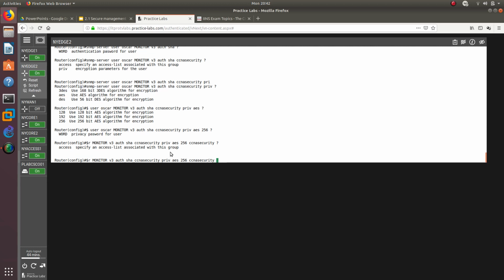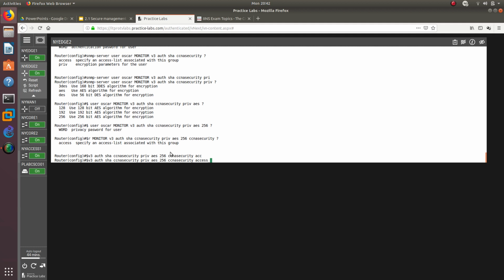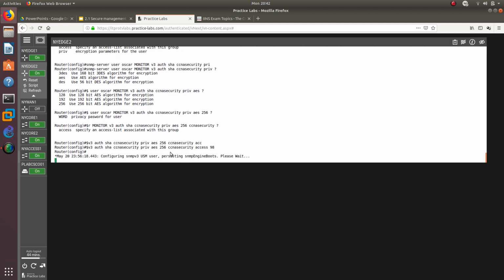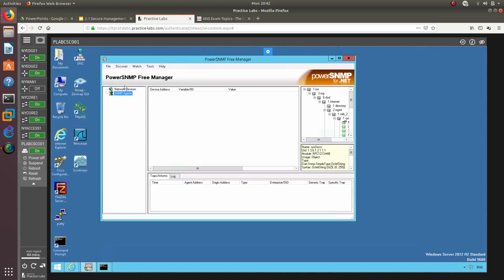And then at the end, we're just going to assign an access list 98, which is the one that we configured. There we go. So we have configured the SNMP v3 username. So now what we need to do is go to the